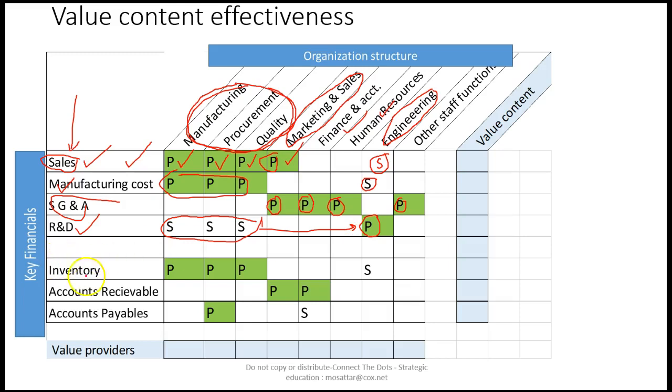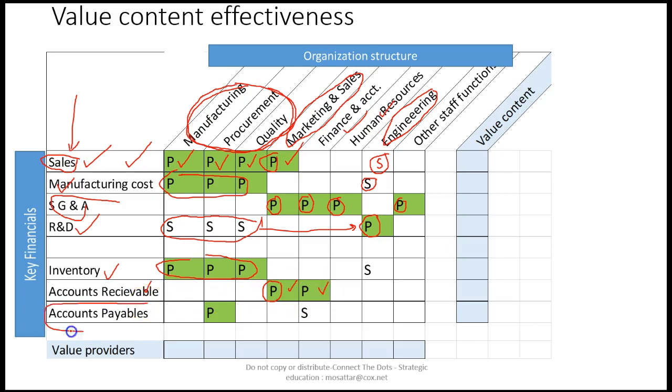On the working capital side, inventory obviously is mostly in the operations, so you will see it is really managed by the operations function, which is the manufacturing, procurement, and quality. Accounts receivable is the money that our customers owe us. Now, depending on the company, marketing and sales will be involved. Why? Because obviously they are mostly directly connected to the customer, so they will play a role. And the finance will play a role because obviously they have to bookkeep, etc.